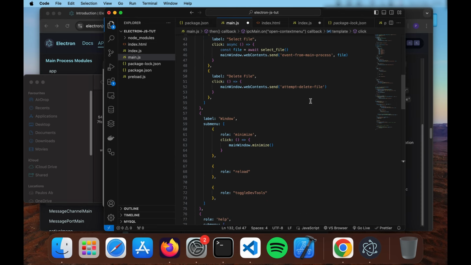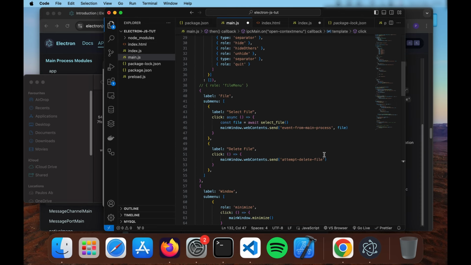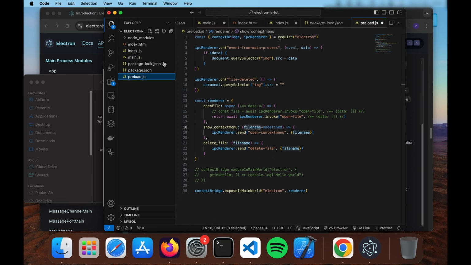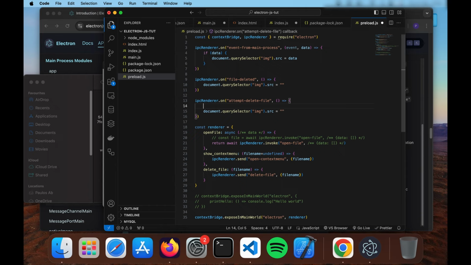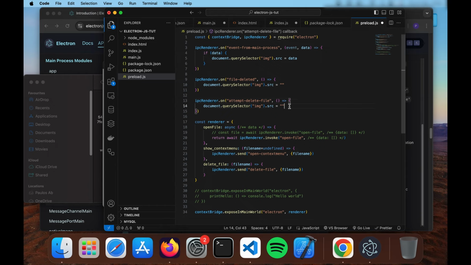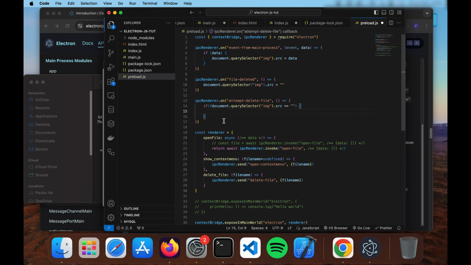Then for this one, we're now going to do it this way. ipcRenderer.on attempt delete file. Then it is now going to do something like, if this is null, if this is an empty string, if it is not an empty string, then that is when it is now going to show